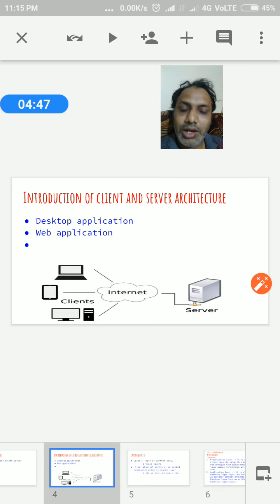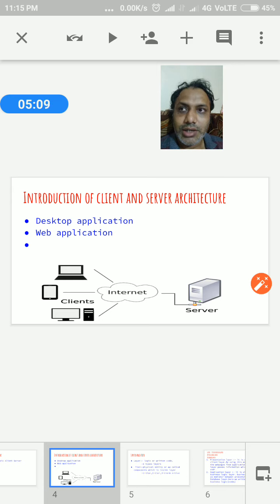We can also call it one of the drawbacks of the second tier: it is not scalable. Then again, it is not secure, because the second tier architecture runs on a single platform, or a single operating system.